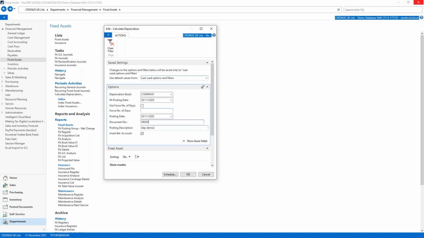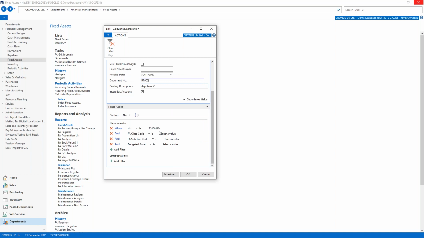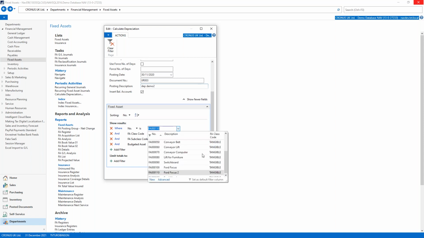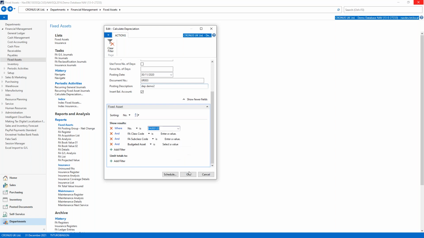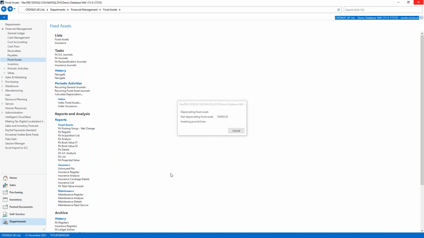We'll give it a new document number. And if we leave this field blank, it's going to post for all of my fixed assets in the company depreciation book, or we can choose just to post it for the one fixed asset. I'm just going to do this one to save time. I say OK,